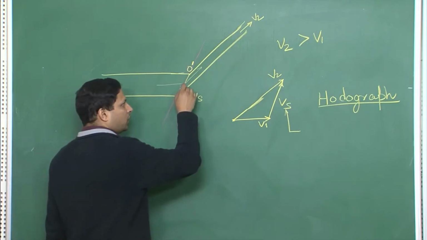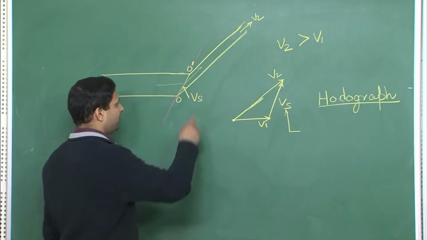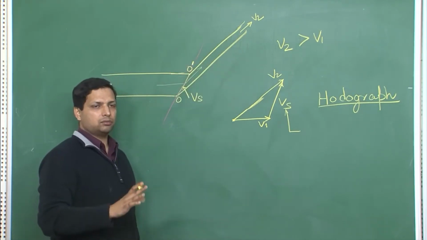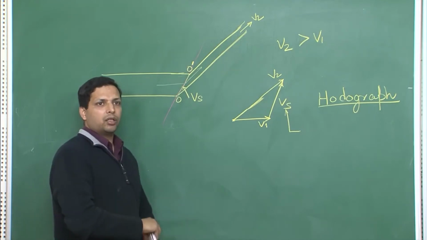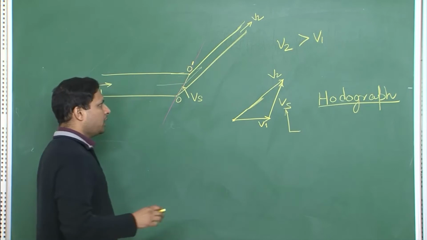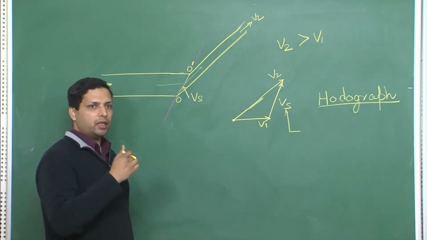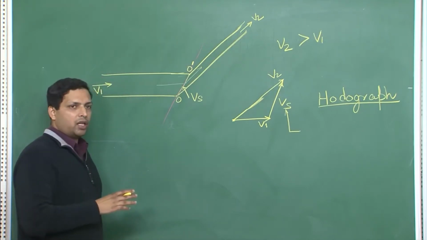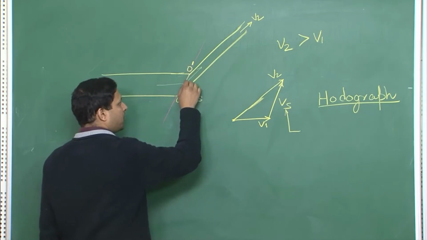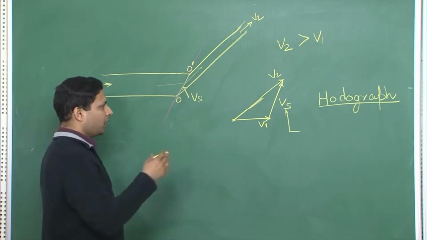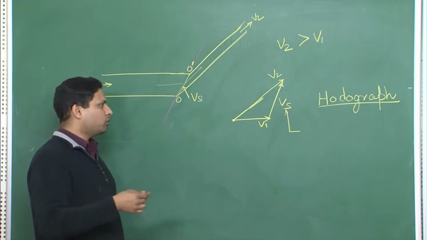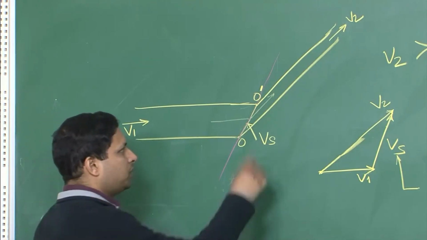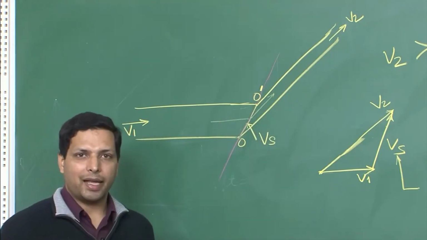What could have been other things possible over here? We could have assumed that this is a slow deformation taking place. We will not be able to draw the hodograph for that for now, but for the time being I am just trying to give you an idea that there are other methods or other models that you could have constructed for this deformation. Here the model that we have taken is that the deformation is taking place sharply along this line. You will get to more complicated examples as we move on, but for now you should be able to appreciate the fact that this particular is also a model that has been generated by us.